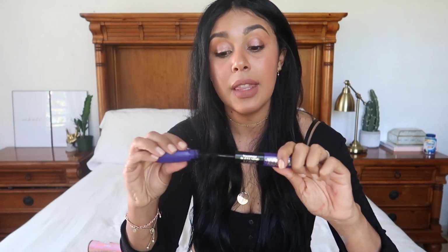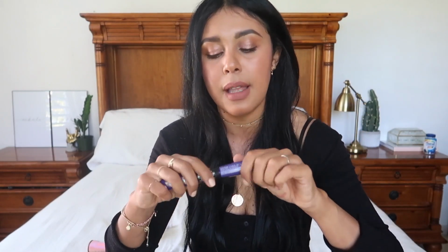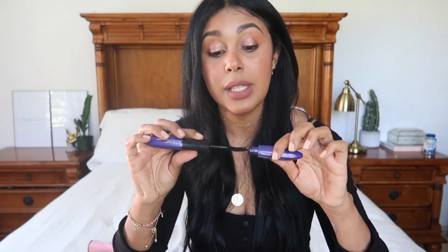This one is the Voluminous Superstar X Fiber. It has a primer on one side and the mascara on the other. I have been using it on my lower lashes, and I really like that it separates them through. And for some reason, it doesn't smudge, so that's why I have been using it. Not my favorite on my top lashes, but definitely below. I love that it really separates them. But yes, I have been using this too